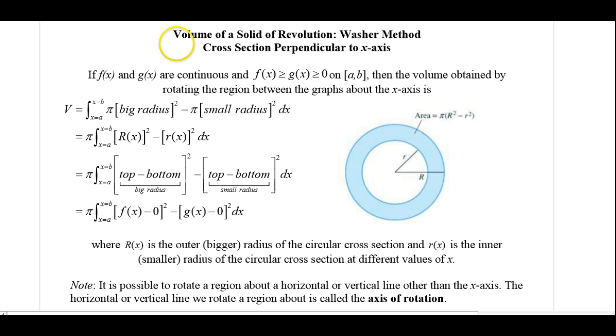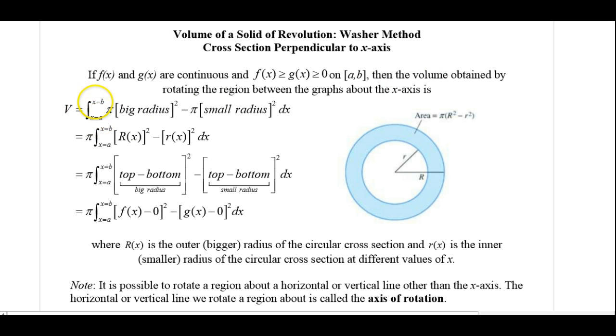Alright, so let's formalize the washer method where cross sections are perpendicular to the x-axis. We're going to need f of x and g of x to be continuous. f of x is going to need to be above or equal to g of x, and both of these functions need to be positive or equal to 0 on the x interval from a to b. Then the volume obtained by rotating the region between the graphs about the x-axis is given by,